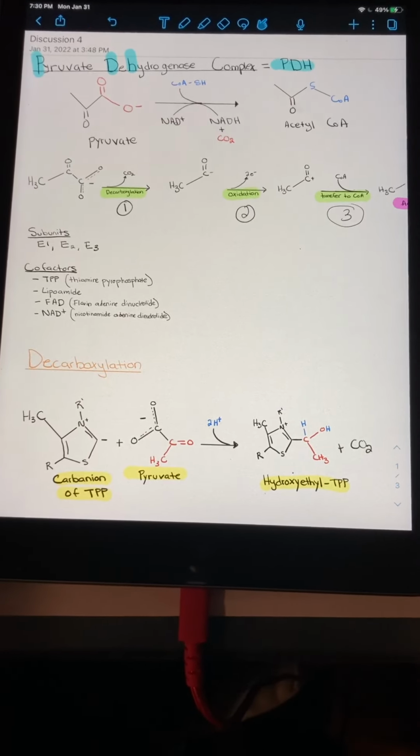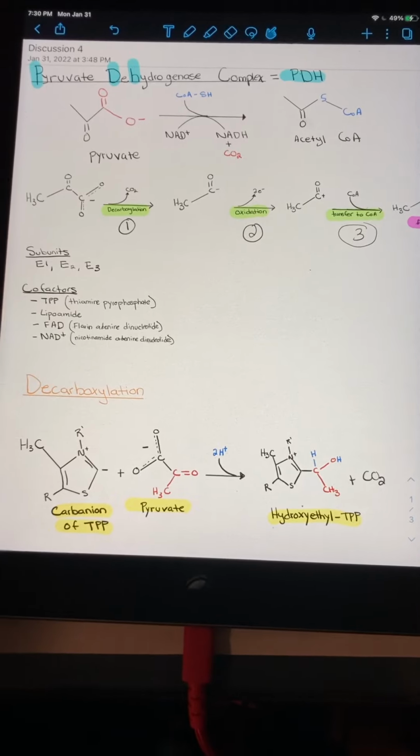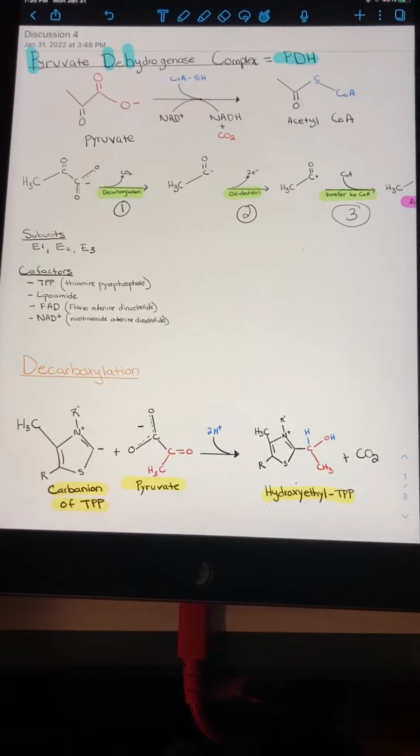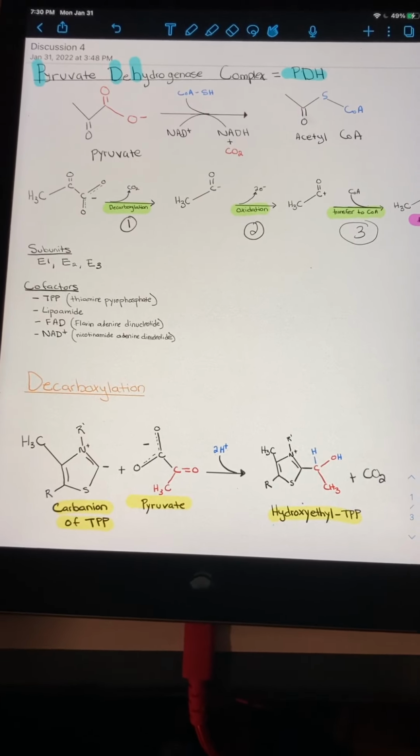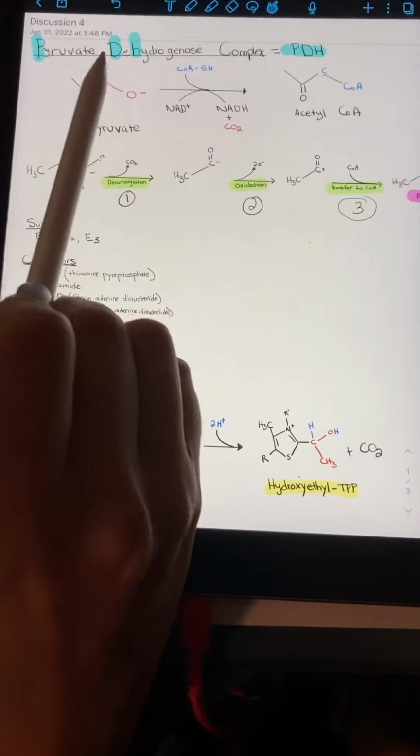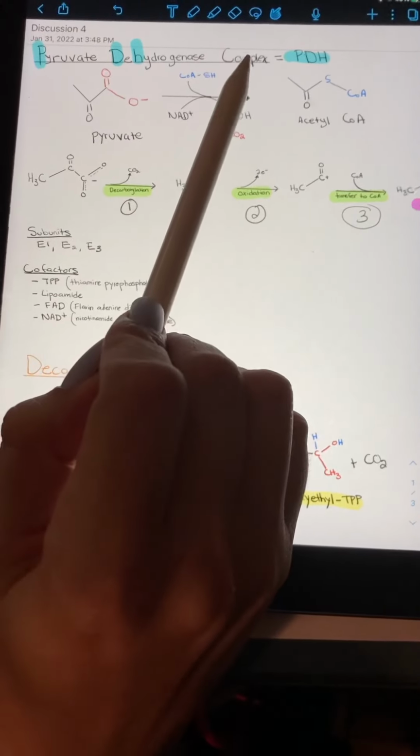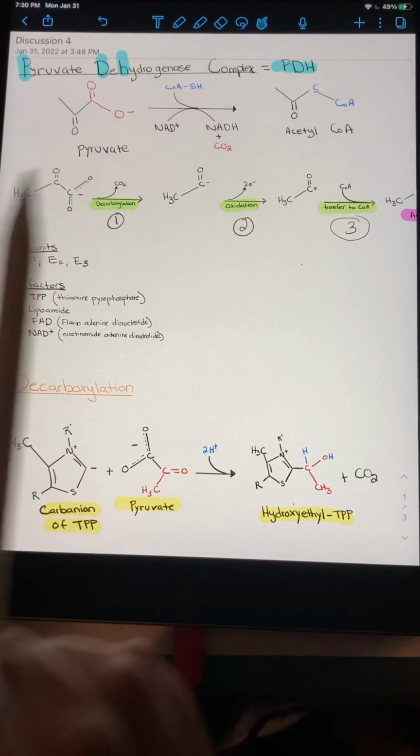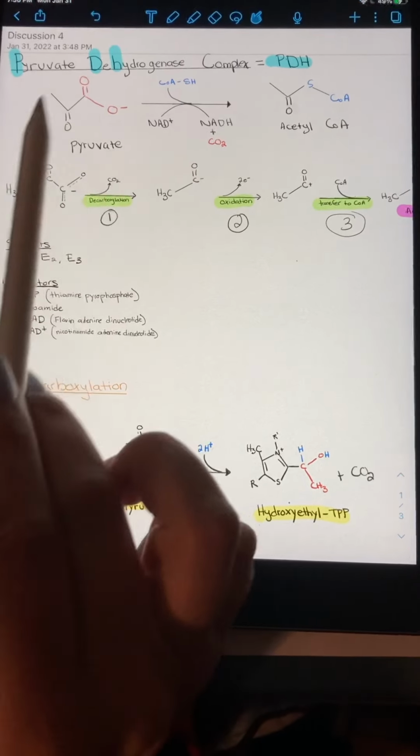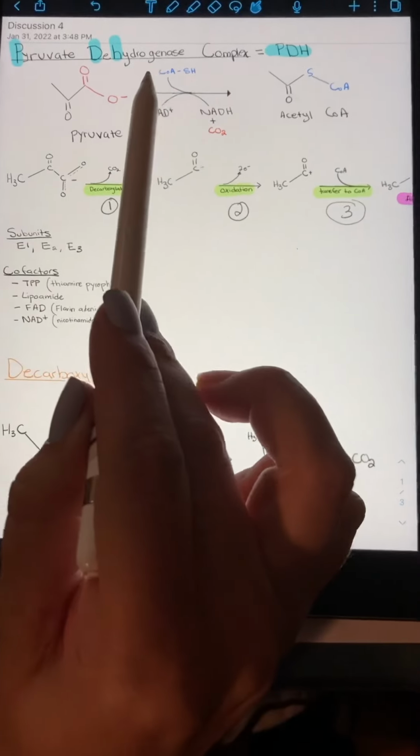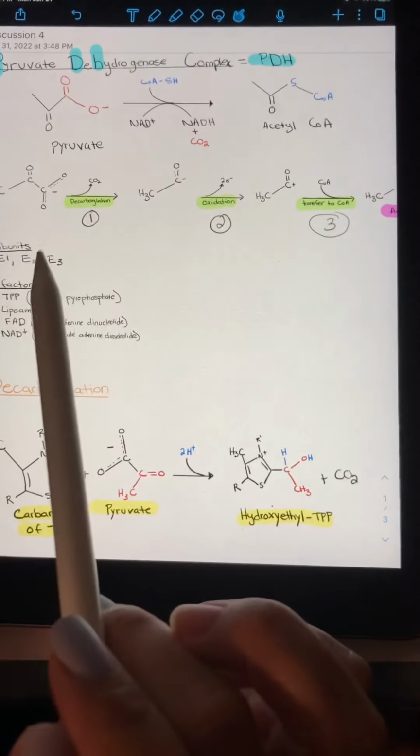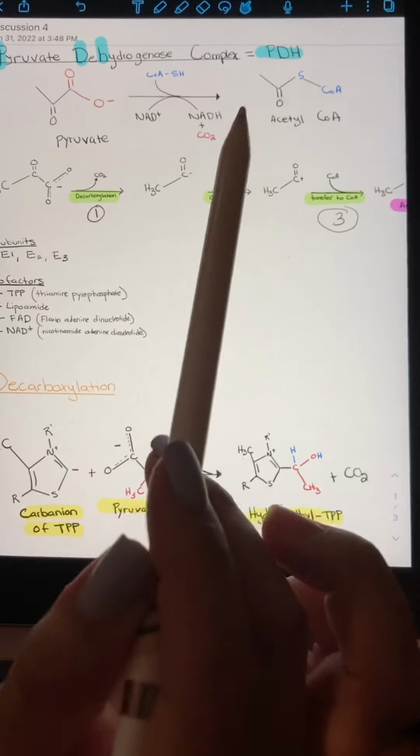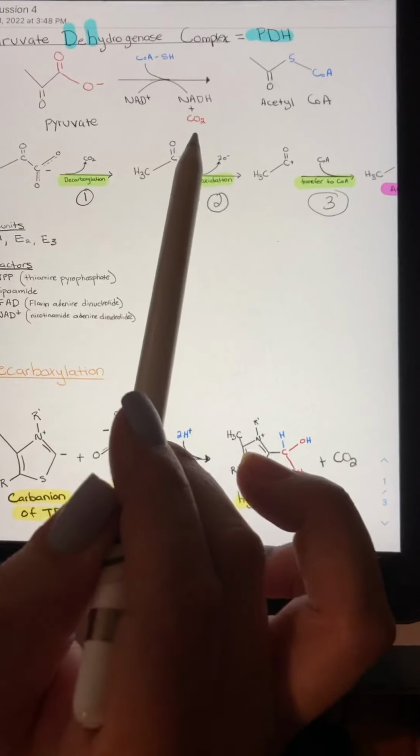So pyruvate must first be converted into acetyl CoA before the citric acid cycle, also known as the Krebs cycle, can begin. And this is mediated by a major enzyme complex called pyruvate dehydrogenase complex, which I'll refer to as PDH. So within this reaction, pyruvate and coenzyme A are substrates that end up producing a molecule of carbon dioxide,